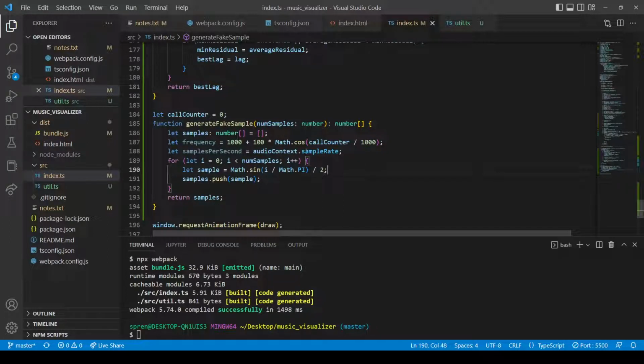Oh geez, what am I gonna do? So it's like sample number, I is the sample number, right? I is the sample number. If we divide by the number of samples per second,